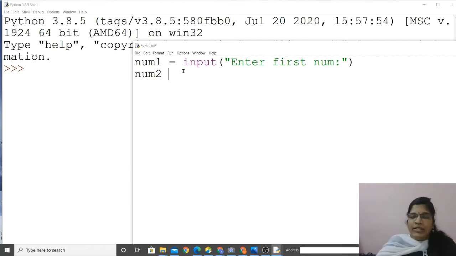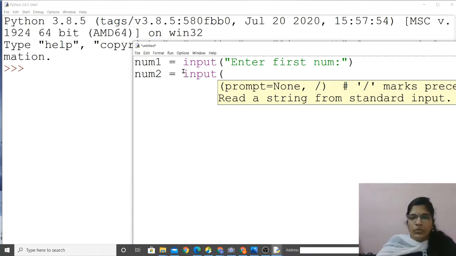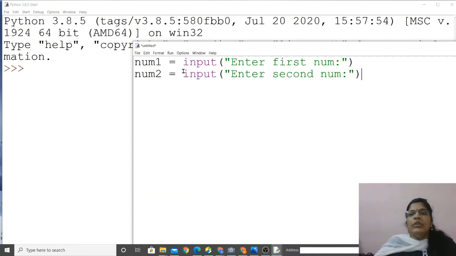Okay, then number two. Second variable name, number two is equal to, again we are getting input from the user. Enter second number. So when the user enters a second number, it gets stored in the variable called number two. Okay, so input is over. So input, process, output.